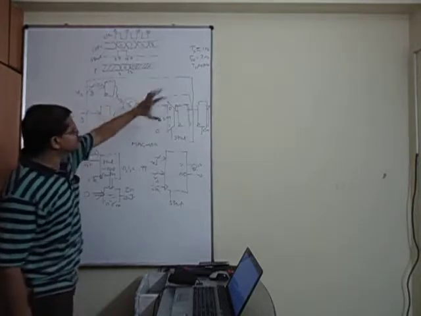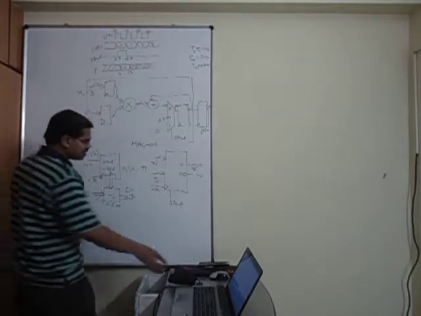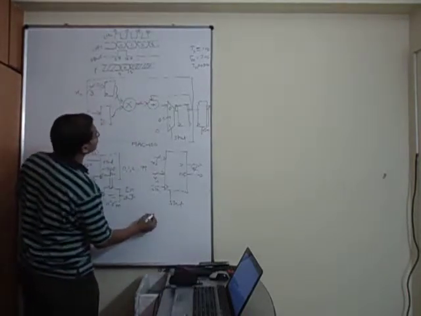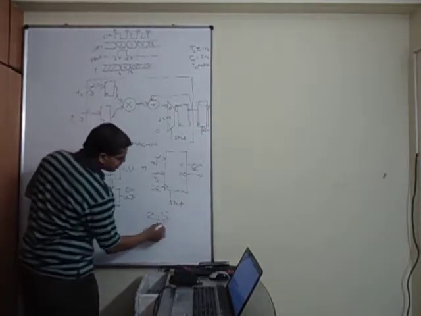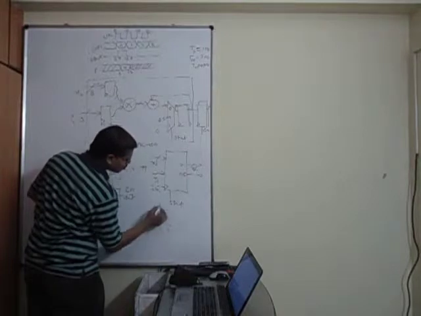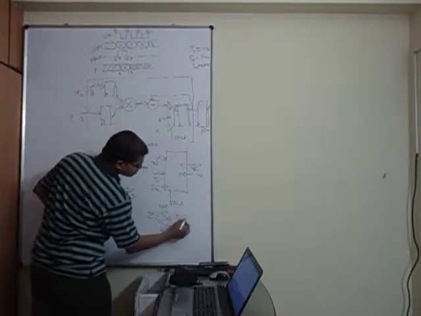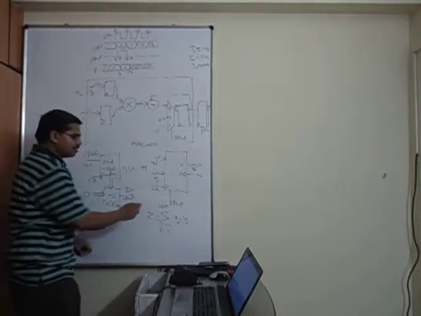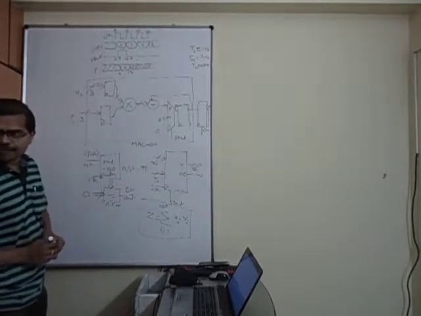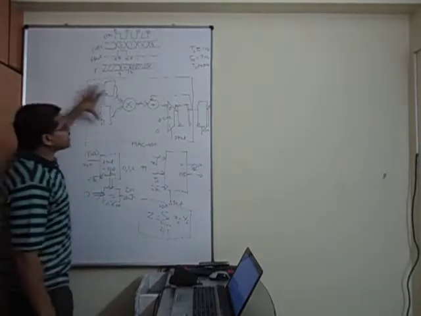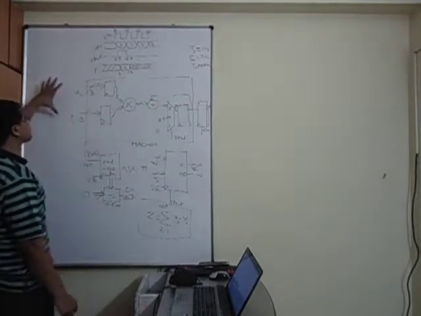Let me explain this. This is implementing an equation. Maybe I write that equation here, I want to call it Z, which is the final output: Z equals sigma i equals 1 to 100 of x[i] y[i]. A simple math equation, which is a typical FIR filter kind of thing. Now, this is the data path. So what does the data path consist of?